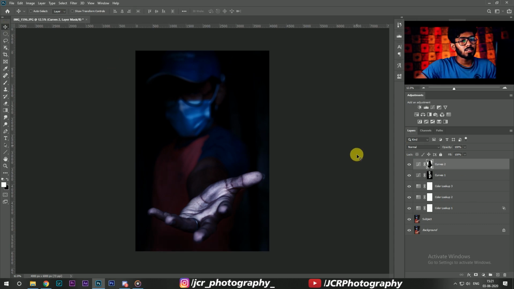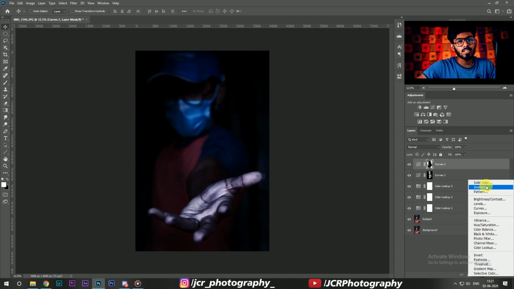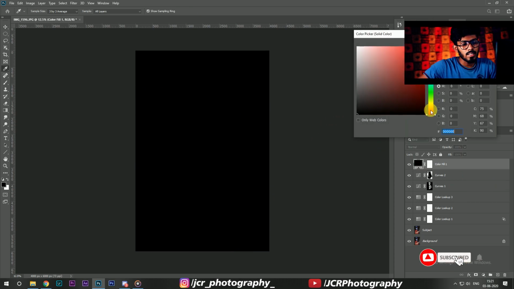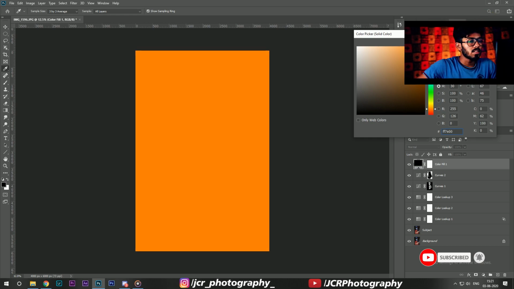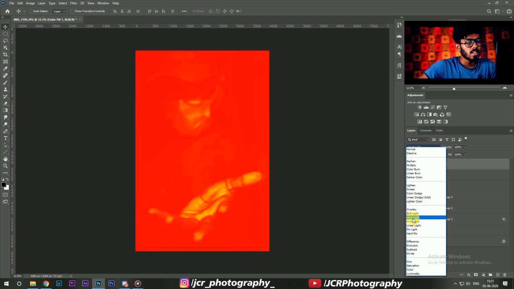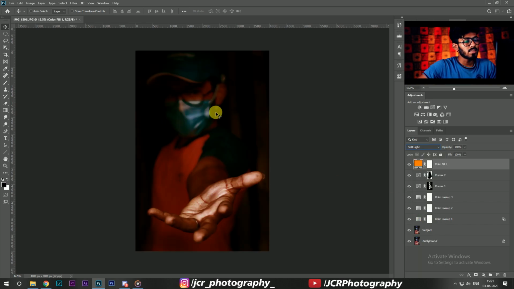Yes, after the shadows also we are done. Now it's getting a shape, right? And now we are going to add colors to my photo just to make it a little manipulated by creating a solid color adjustment. I'm going to choose the color orange, hit OK, and change its blend mode to soft light. And now I'm going to replace the mask of this